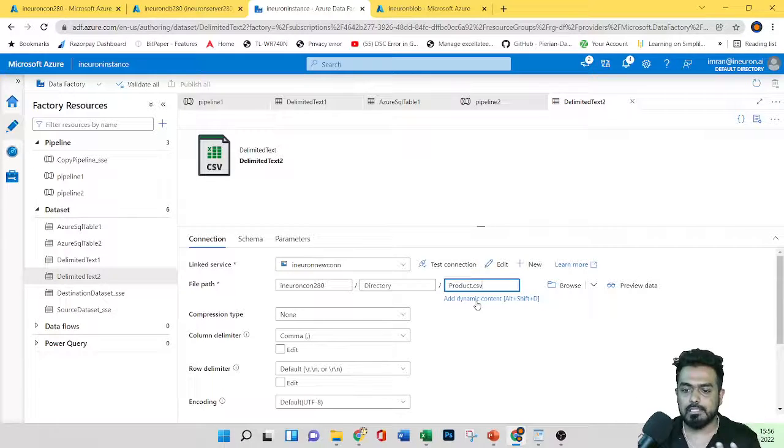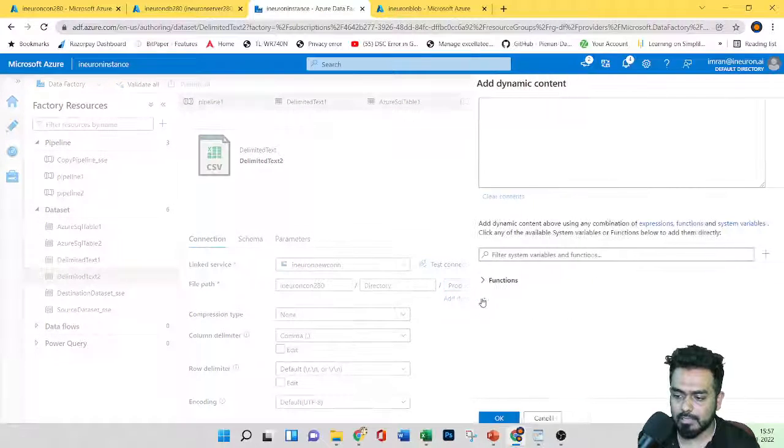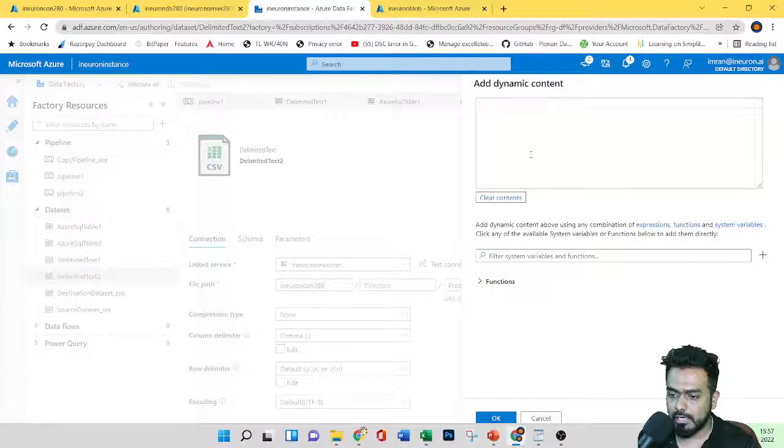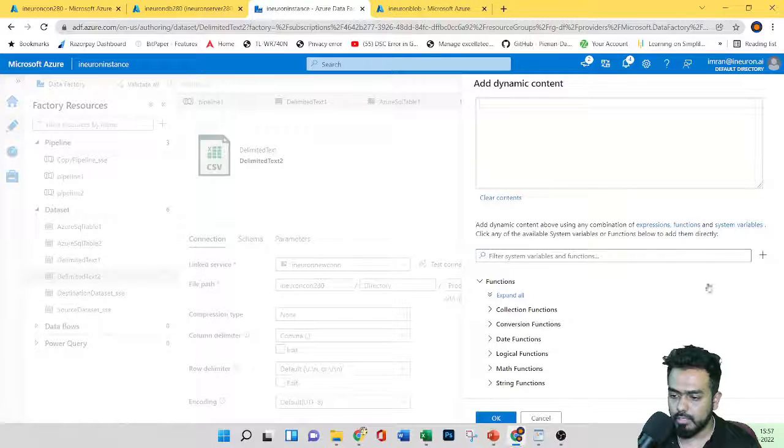For example, if I have 1,000 files to send from blob storage to SQL, I can't create 1,000 pipelines, right? I'll just create one pipeline and add dynamic content while uploading the file. First, let's create a new parameter.